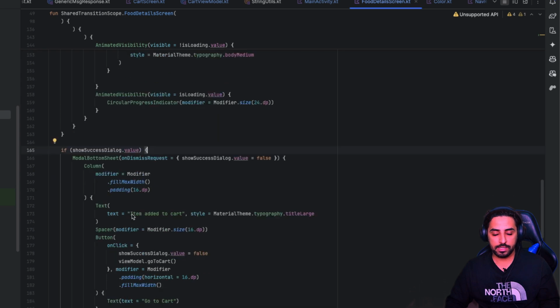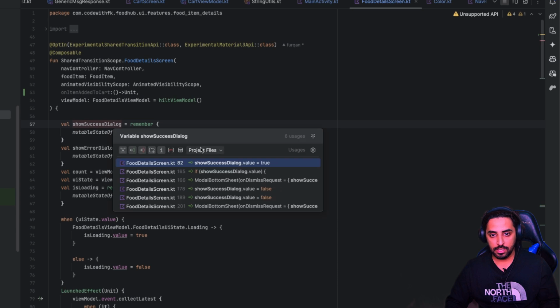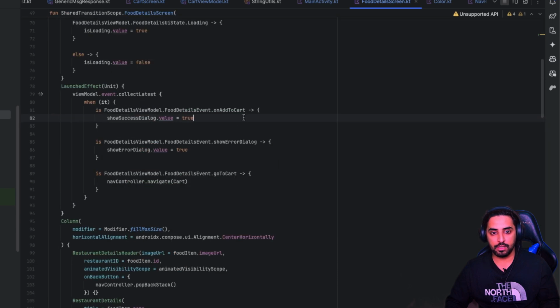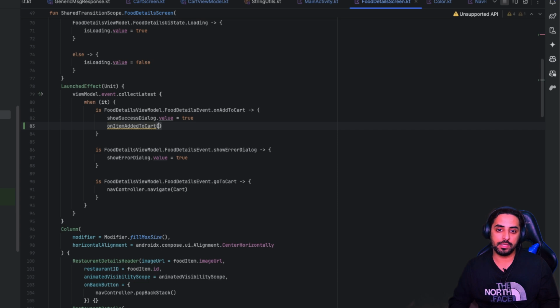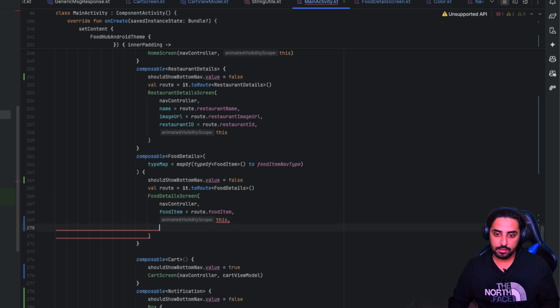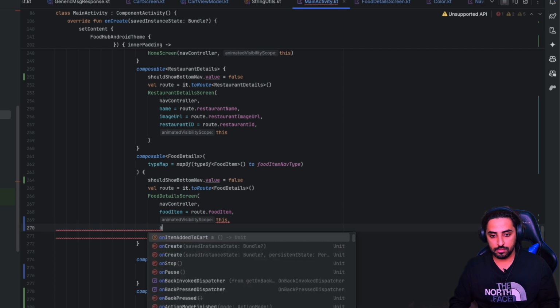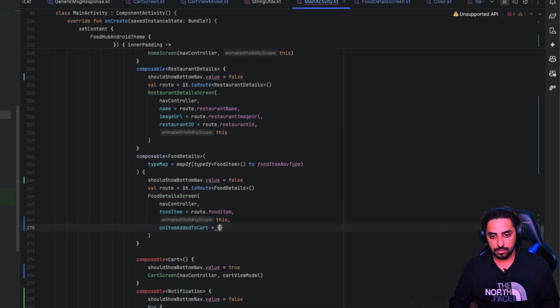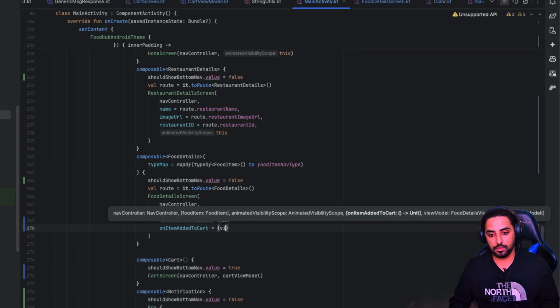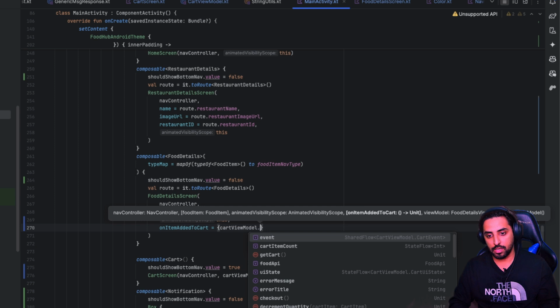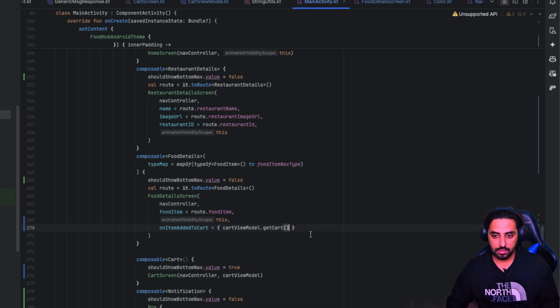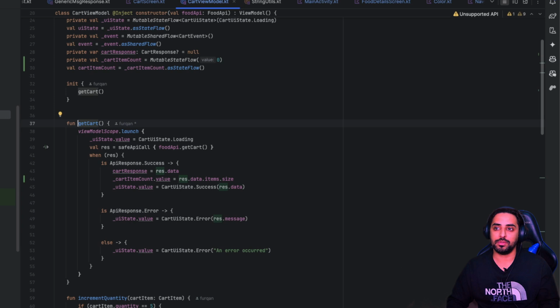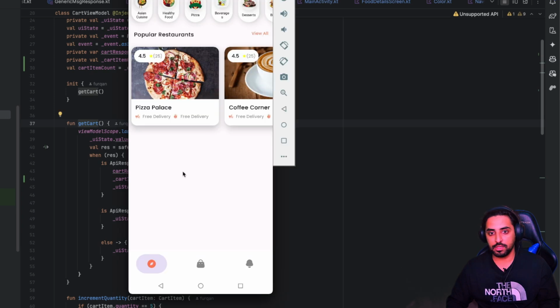So now this is basically a section where we show the dialog, and we set it true over here, which means on added to cart, we'll make this call as well, which will give the main activity a callback, right? And now over here we'll be using, sorry, so yeah, now I'll say view model, cart view model dot get cart, which means now this will update the cart. And now when I get back to the cart screen after adding any item,